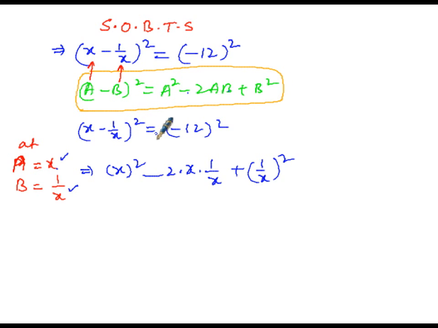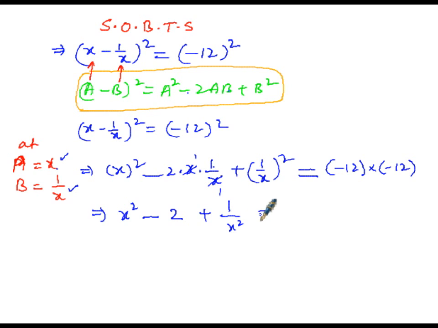The right hand side is equal to minus 12 whole square, so minus 12 must be multiplied twice, that is minus 12 into minus 12. In between these 3 terms, the denominator x and numerator x get cancelled, x ones and x ones in the numerator. So that implies x square is left over, then minus, 2 ones is 2, then plus, square is applicable for both numerator and denominator as per the identity a by b whole power m equals a power m by b power m. So 1 square is 1 in the numerator, and x square is x square. On the right hand side, minus of minus is plus, and 12 12s is 144.